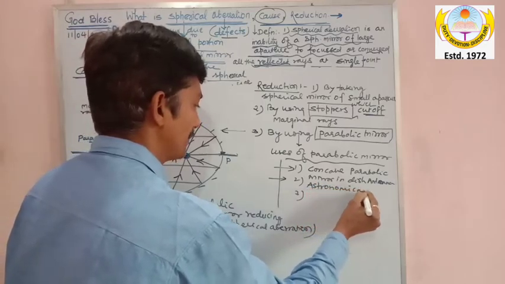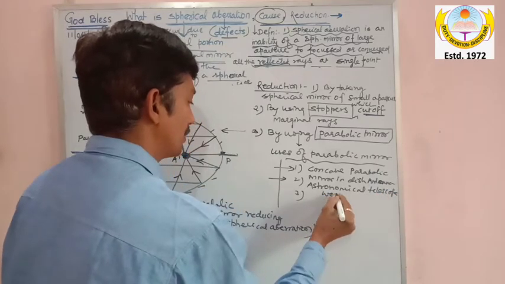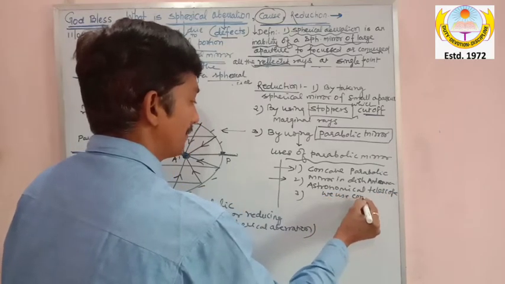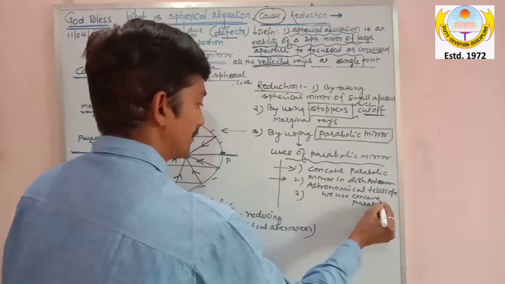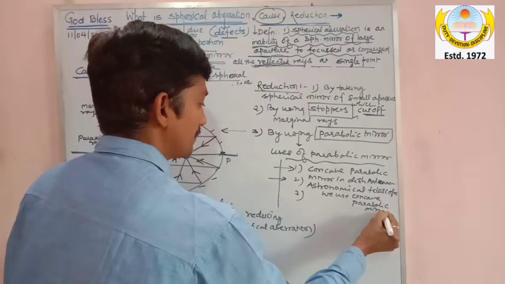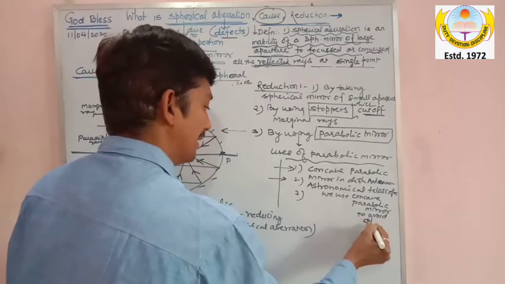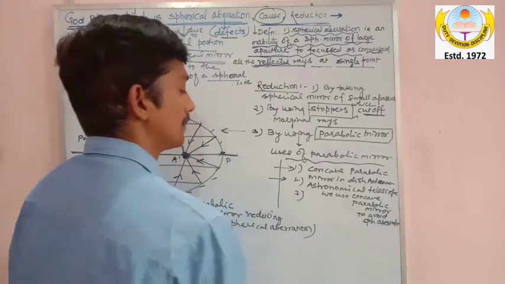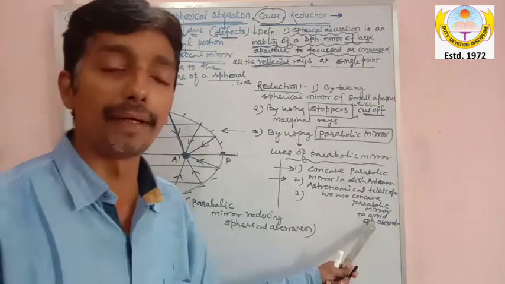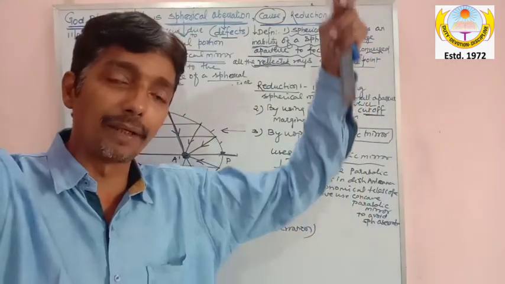Astronomical telescope, we use a concave parabolic mirror to avoid, again, spherical aberration. To avoid spherical aberration. Again in the telescope also, sir, we have to gather the light because we have to observe objects such as